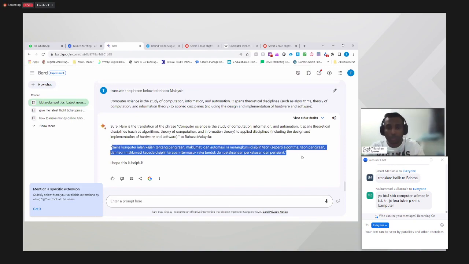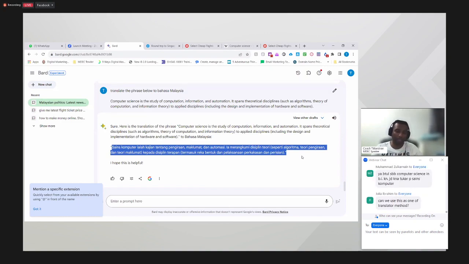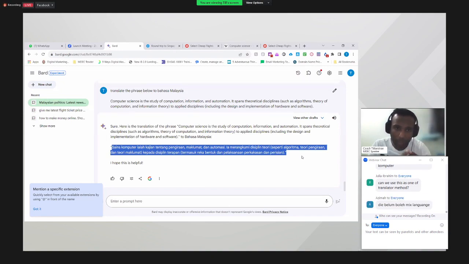Okay. So the point is this. Kalau you nak type soalan tu dalam bahasa Melayu, of course, this tool has that limitation lah. Sebab kenapa dia tak boleh bagi jawapan terus dalam bahasa Melayu ataupun bahasa Malaysia? Because this tool, Google Bard ni, objektif dia apa? Dia ambil maklumat tu daripada public domain, daripada live data yang ada kat Google website ataupun Google search engine. So kalau maklumat tu tak ada dalam bahasa Melayu, dia tak boleh nak generate jawapan dalam bahasa Melayu.